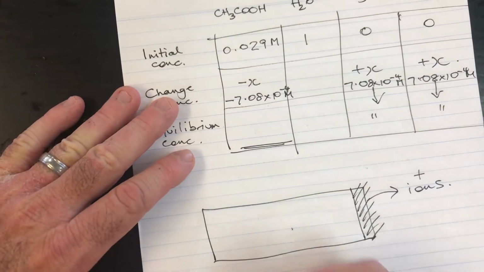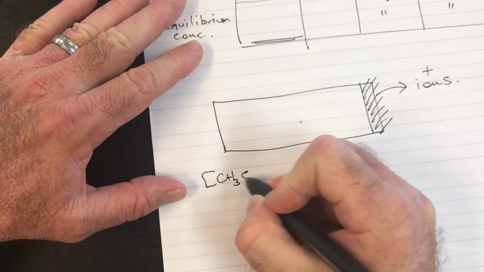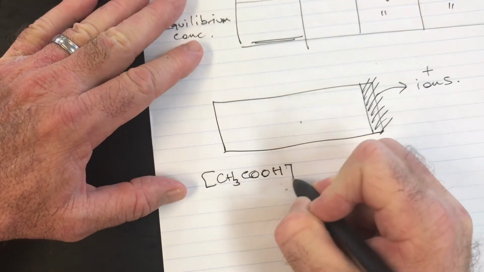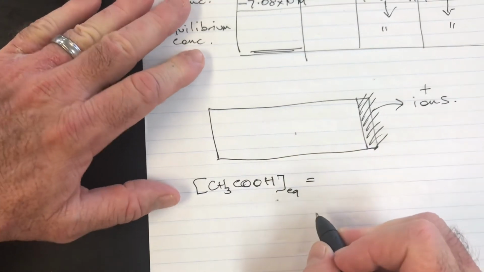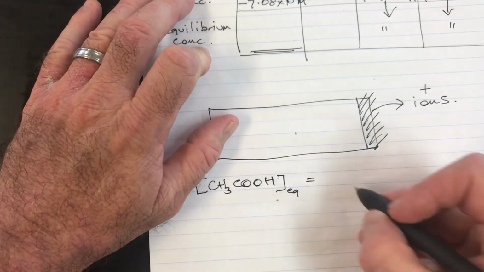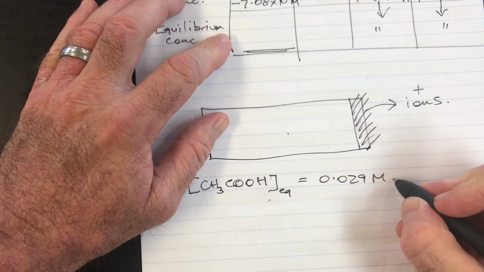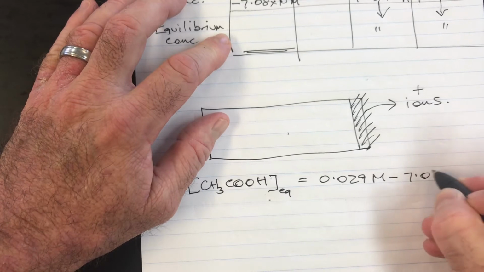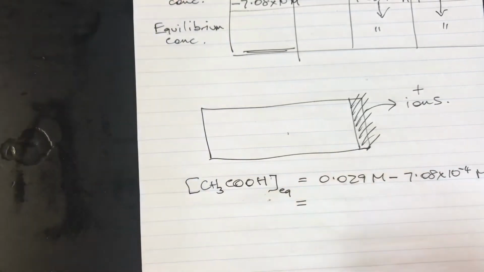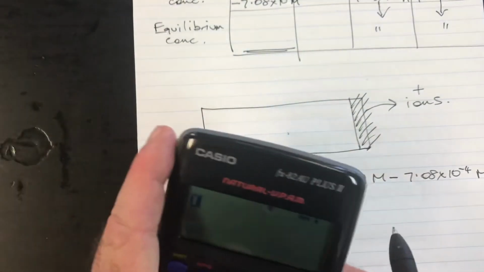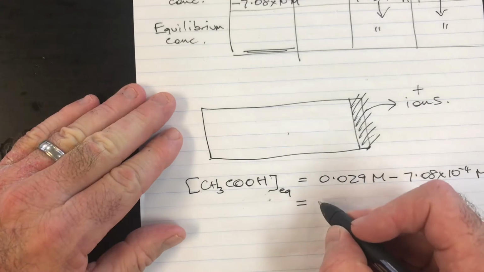The concentration of acetic acid at equilibrium equals 0.029 molar minus the 7.08 times 10 to the negative 4 molar. You can punch that into the calculator if you like, but just to save time, that will equal